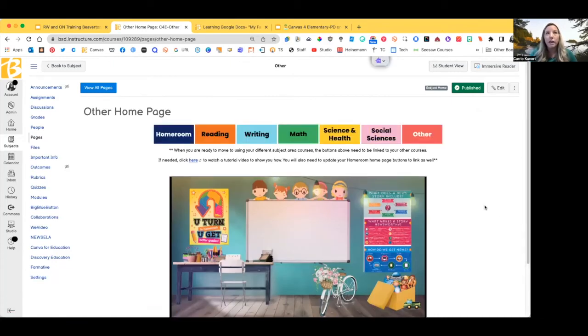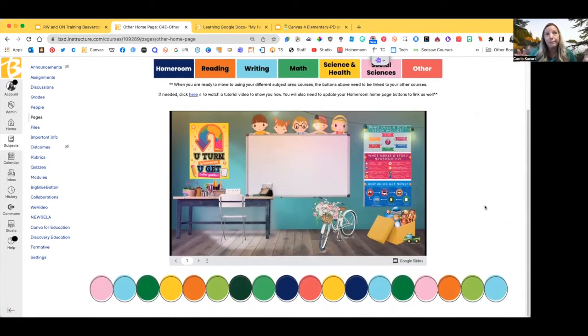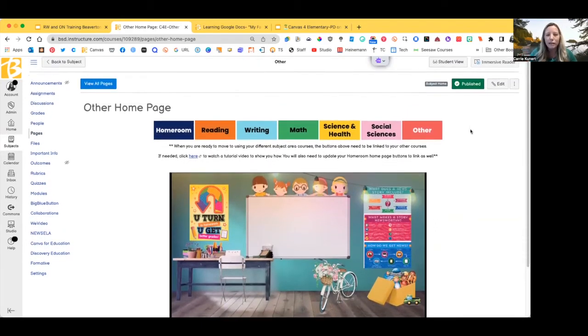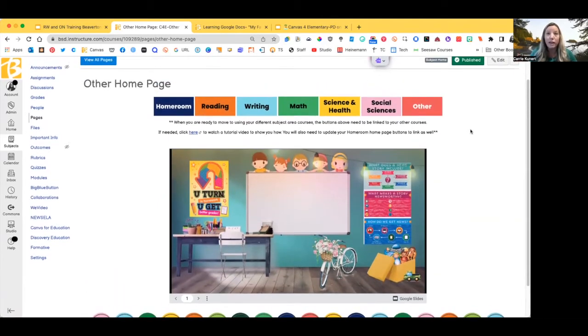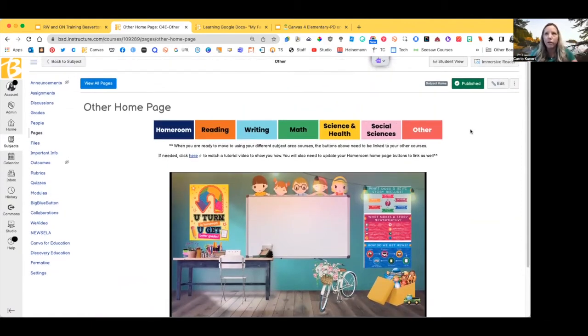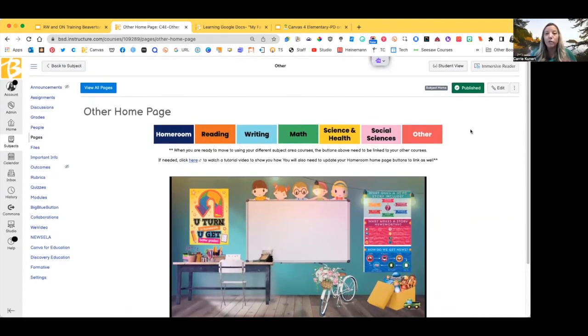Also on every page, we put in a Bitmoji classroom, or we put in some sort of a resource. Again, it's not really the content of that page. It's sort of a pretty placeholder. It certainly could be the content. You could have all the units for the year spelled out there with great visuals. Here's our unit on blank, and here's our unit on matter, and here's our unit on whatever. I could click on that great visual of your unit and it would take me then to the module for that content. So you get to design what you feel like this home page looks like for each of the subjects. But I did want to talk really quickly about that navigation piece to go back and forth